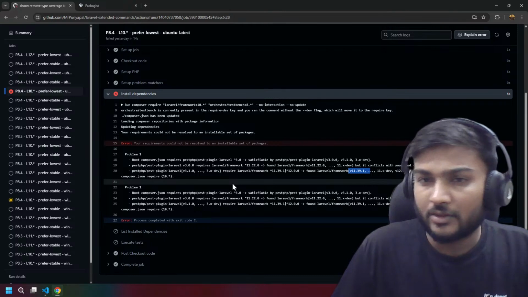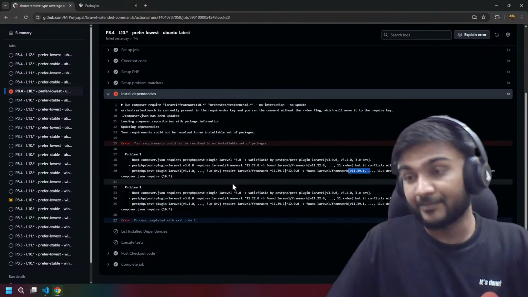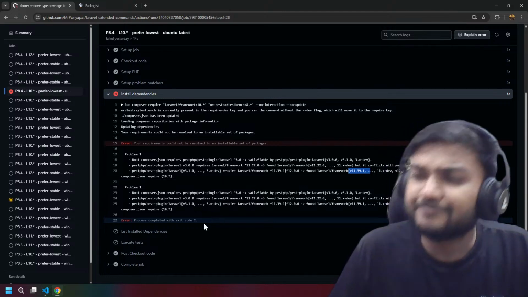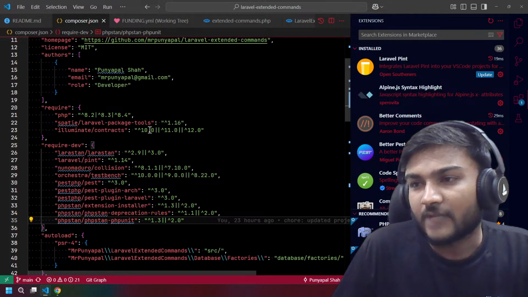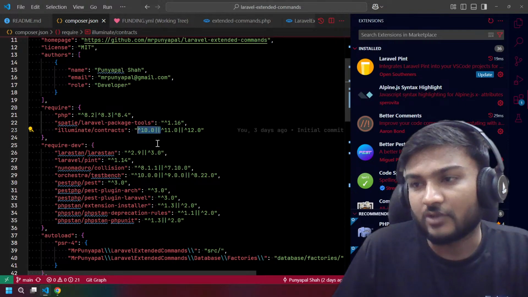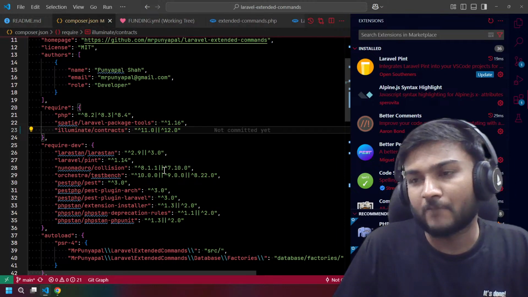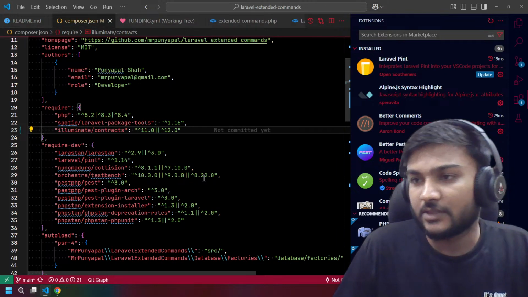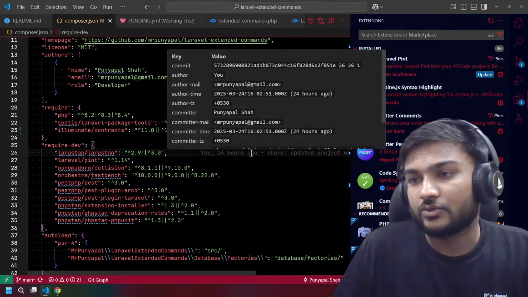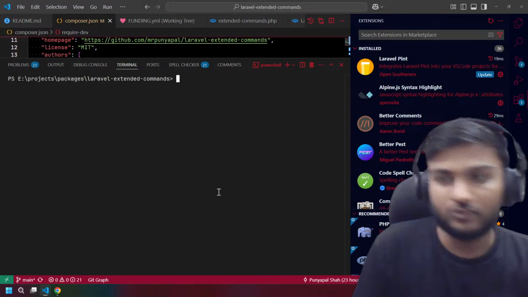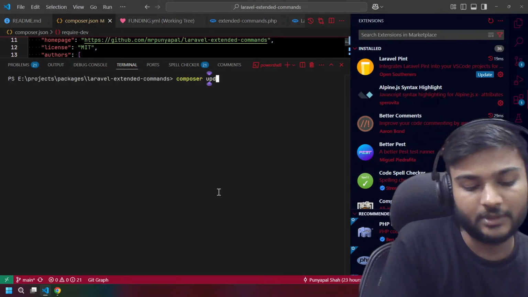So we have two options. We can remove Laravel 10. I don't think we need Laravel 10. It is already deprecated by Laravel and will not get any updates. So let's use composer instead of it.